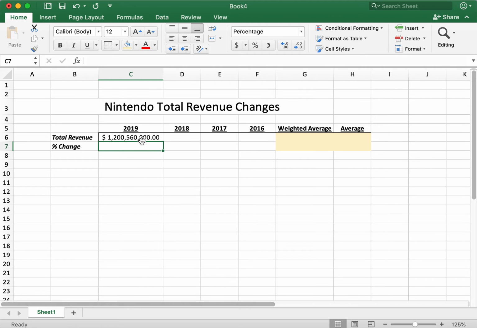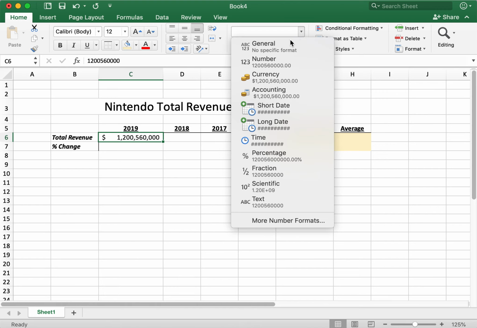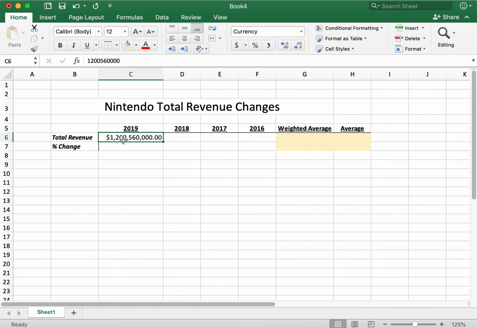1,200,560,000, and of course, while I'm at it, just to save room here, let's remove those decimal points. But as you see, it puts the dollar sign all the way on the left-hand side. Whereas if I have it in currency, it puts it right there next to it. So if anyone was wondering how I did that in my examples, that's because it was in accounting format, not currency. So let's see here, their other numbers were